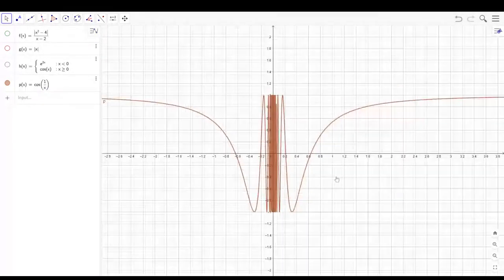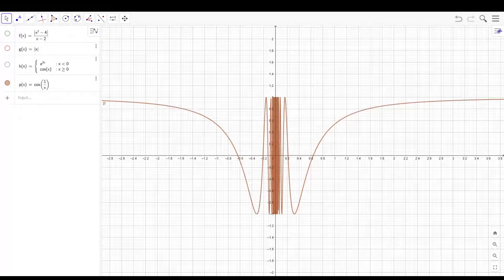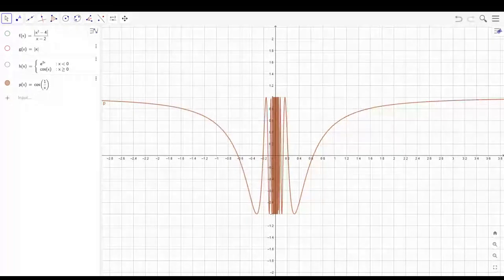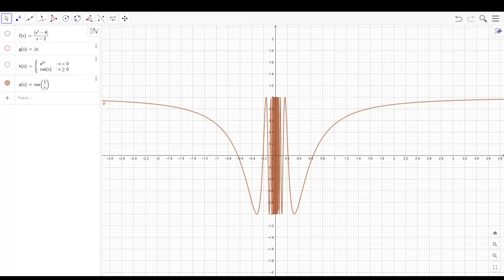So as x approaches 0, you kind of get this sort of infinite oscillating function, and the graph is sort of infinitely oscillating. And it's not clear really what's going on there. It's just a bit messy. Okay, so how do we solve this problem? Well, the graph helps a bit,